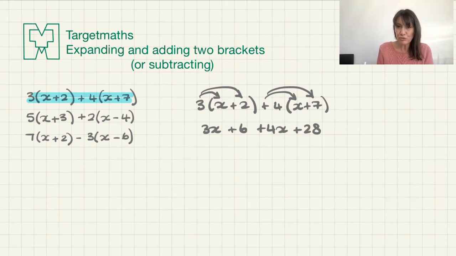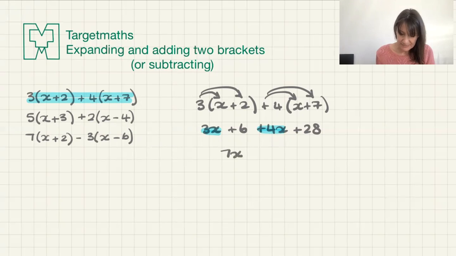And that means kind of grouping into the sort of gangs. So I've got the X gang and I've got the number gang. When I look at the X gang, and you will hopefully notice when I highlighted them, I included the highlight of the sign as well. This is X with a number and an operation in front, okay? And that's going to direct and tell me what to do. So that's why it's really important to highlight. So I've got 3 X's and I'm being told to add 4. That's going to give me